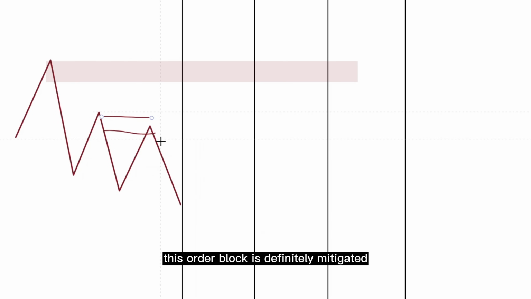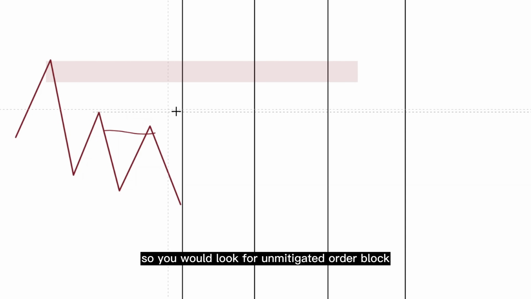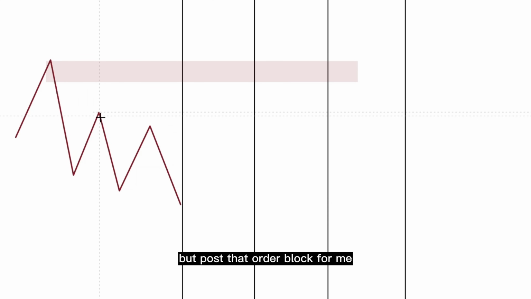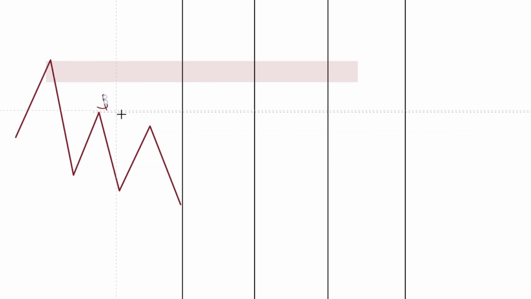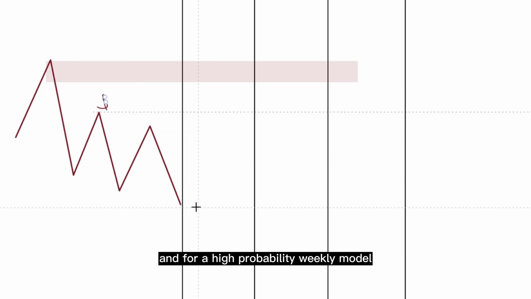This order block is definitely mitigated. So you would look for an unmitigated order block, and you want to see if there is a swing post that order block forming, because that swing will be where the orders are resting. And for a high probability weekly model, you would want to see that liquidity taken,